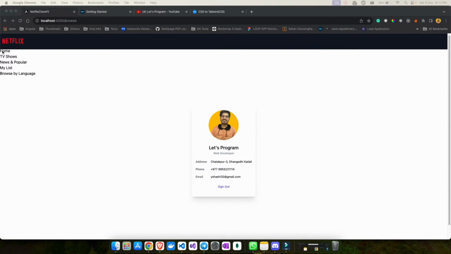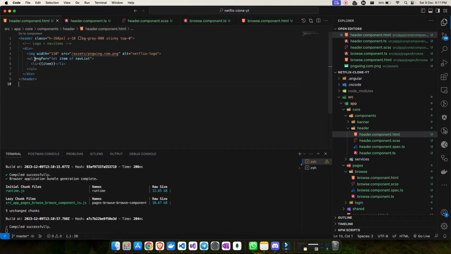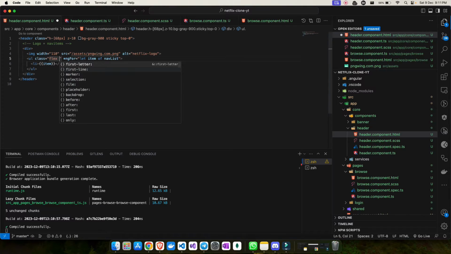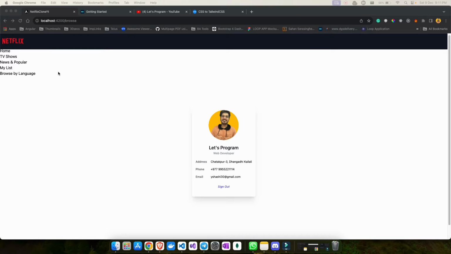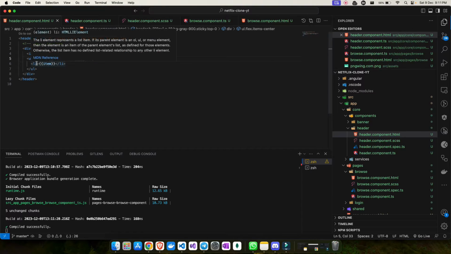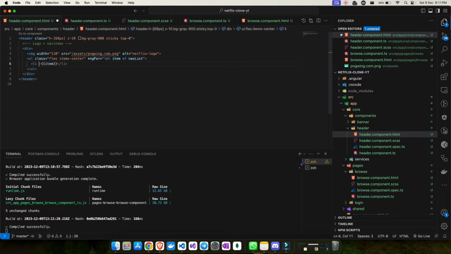So as you can see, I have this list of items, but I don't want to display it like that. So I need to add a bunch of Tailwind classes. So first thing I need to add here is a class flex, and flex. Okay, flex is fine. So I need to make it items center. Okay, items center, save the changes. Now no change. Why? Let me just check that. So to make some changes, we need to put something here also. So let me add a class here again. So the first class will be to make the colors and also.